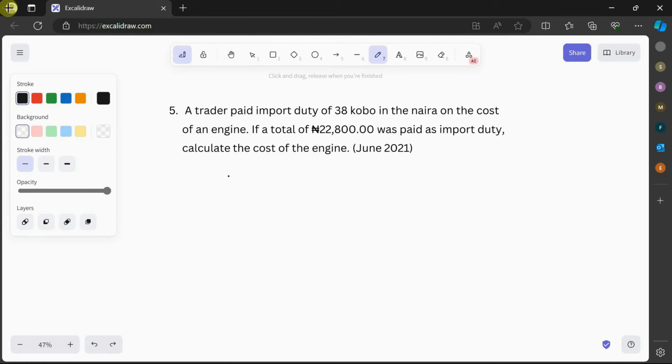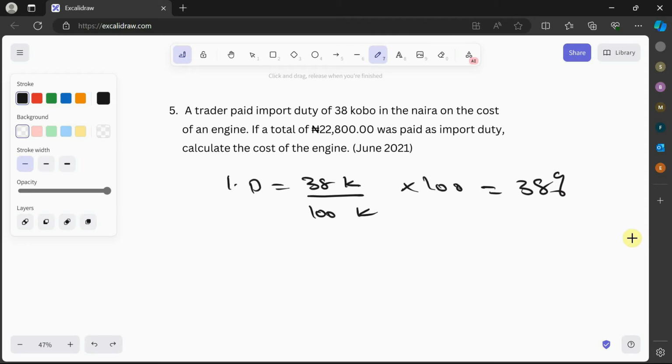So we know that the import duty is 38 kobo for every 1 naira, which is 100 kobo. So if I multiply this by 100, the import duty is 38% of the cost price. Now, it says that the person paid 28,800 as custom duty. So what is the cost of the engine? So 38% times the cost of the engine should be